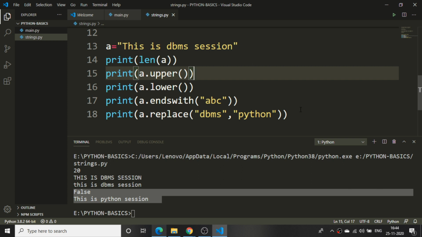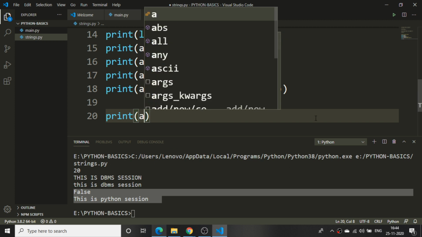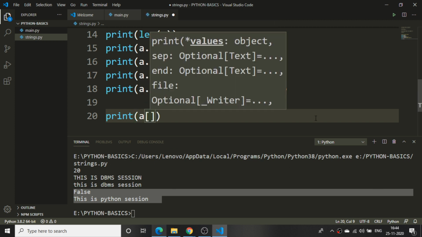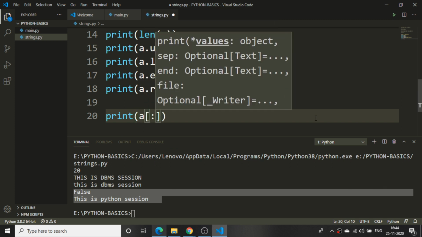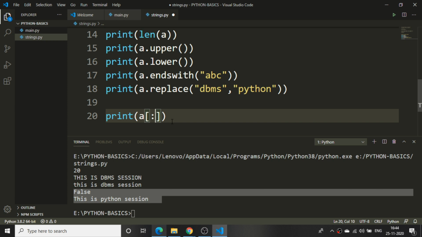So these are the things working here. There are a number of concepts like slicing and all. If I want to reverse the string, I'll tell you one slicing concept. I'll just tell print a. For the slicing we have two things: this is start and this is end, and one more thing is there that is optional. Sorry, if I want to reverse the string, we need to give 2 colons, and here the third argument is -1.